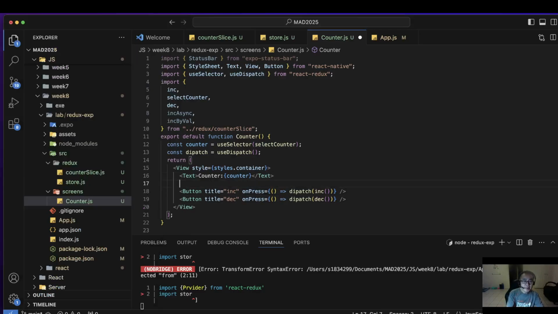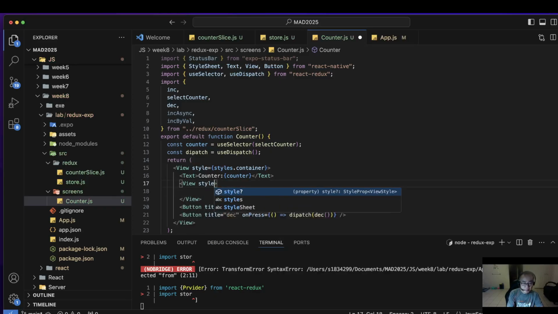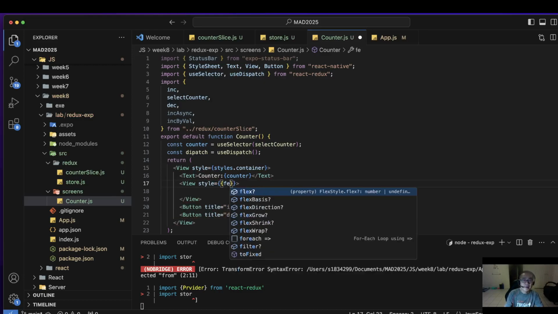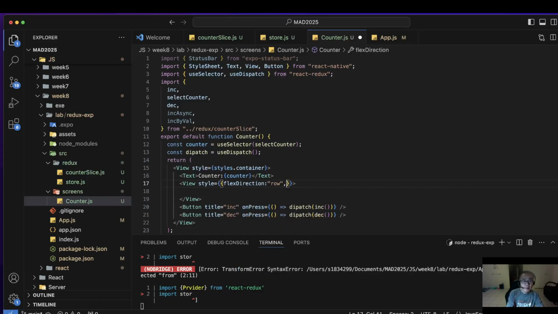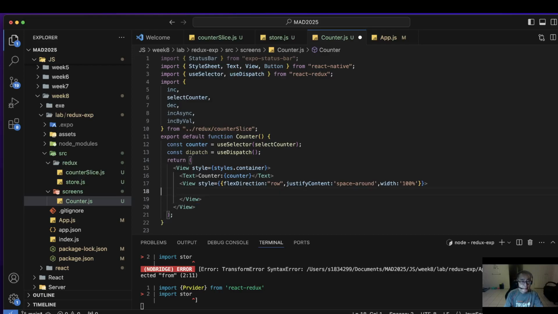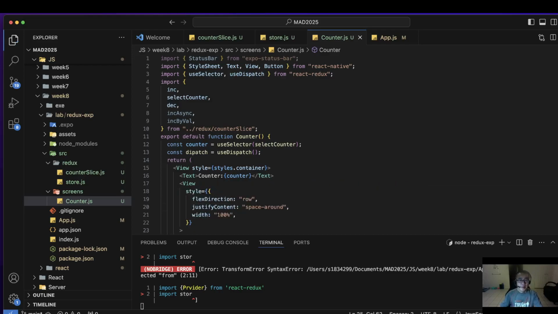And if we want to add others, we probably have a view style, flex direction row, and justify content space around. 100%. Okay,